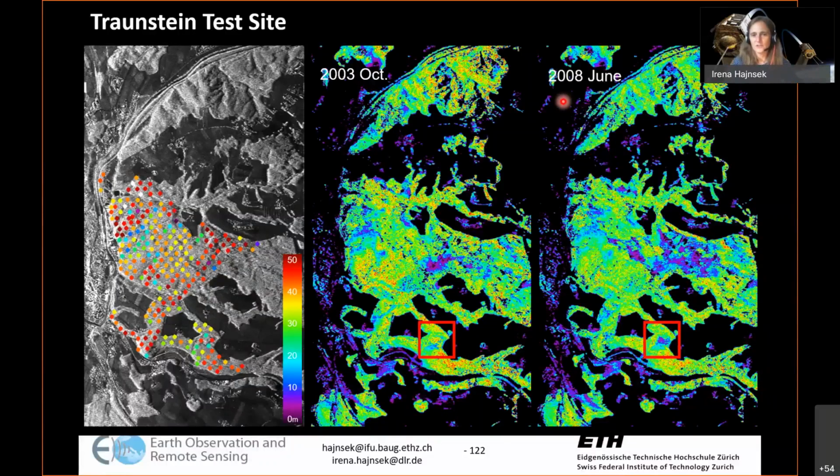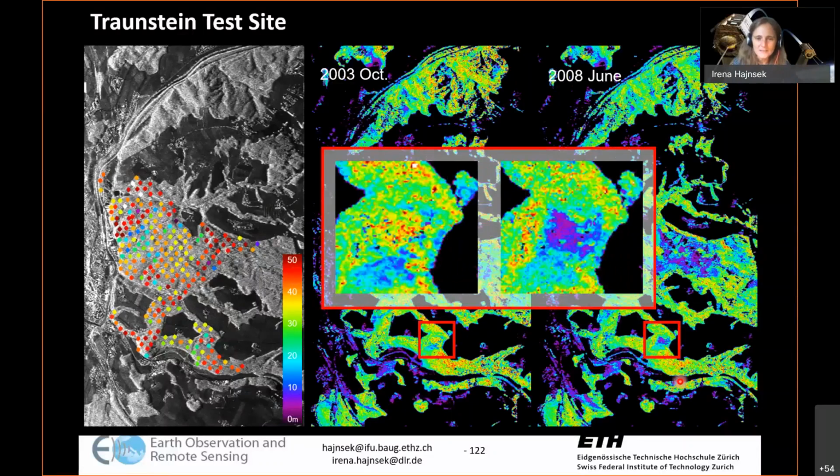And the second thing that changed it, you see it here, this is really red. And here now you see these strong reddish colors are gone. Here also single very reddish dots are not here anymore. This is a big part where the forest has been completely thrown down, so everything was taken out. Everything that's blue means no forest or very low forest, and everything else is very high forest. So if you zoom now into these two areas,